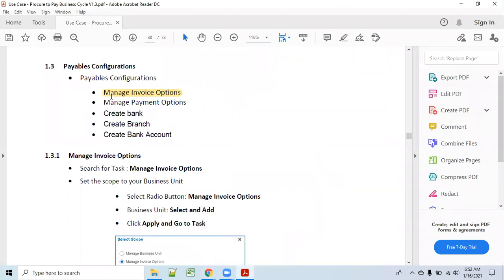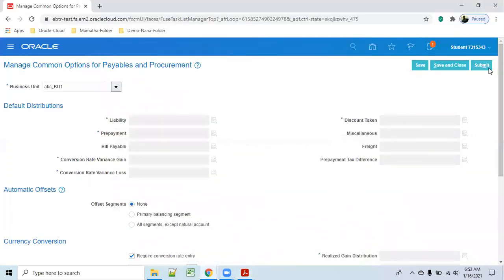Next we'll go to manage invoice options. This area will be dry for me, but whatever is there in the test case, I am going to explain to you. Manage invoice options and payment are used for procure to pay.